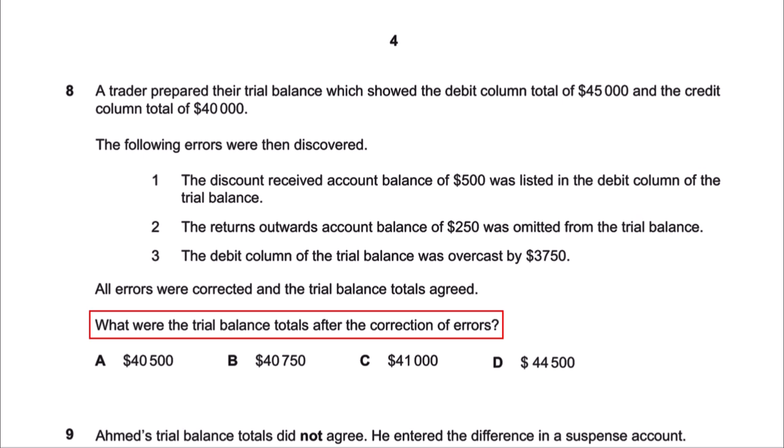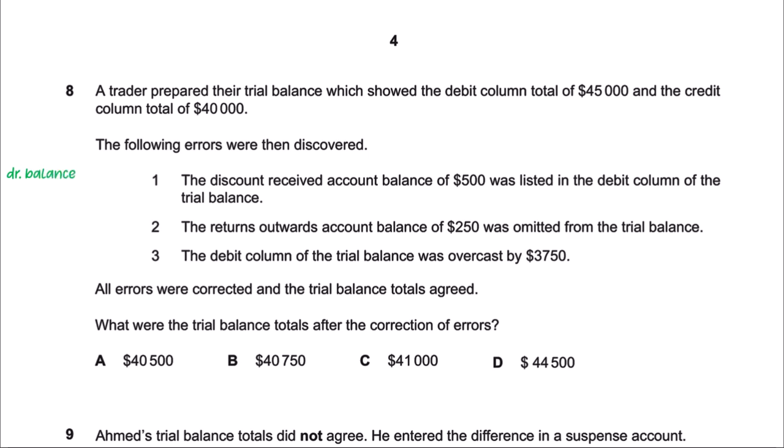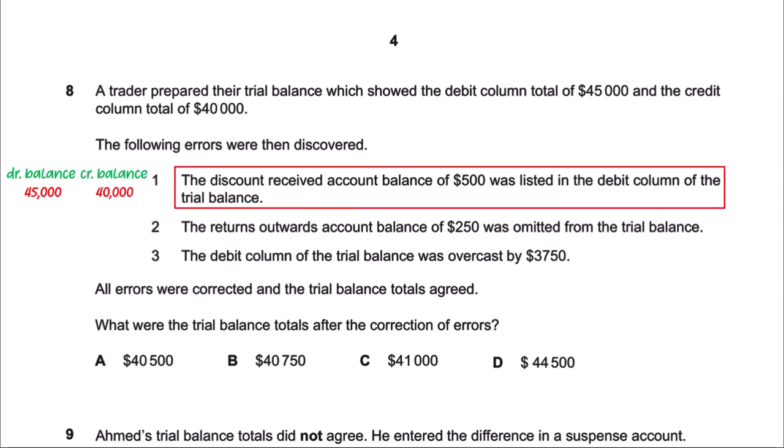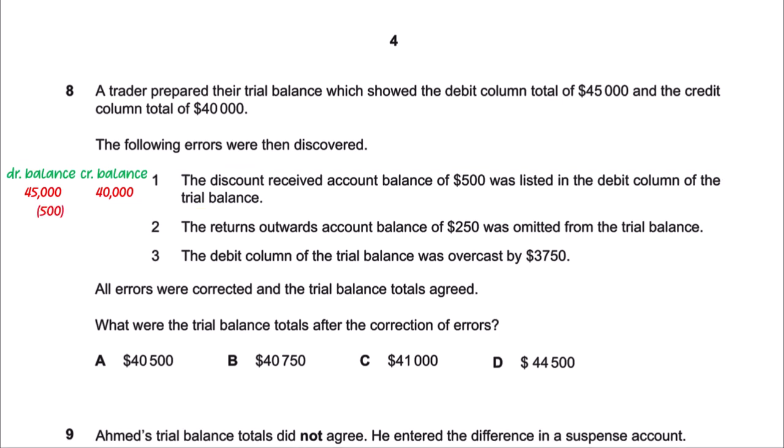To find the totals after the correction of errors, we'll note down both of these debit and credit totals here. Error number 1 is written, the discount received account balance of $500 was listed in the debit column of the trial balance. Discount received is an income account, so it should have been on the credit side of the trial balance, but it was entered on the debit side. To rectify this, we will subtract it from the debit total of the trial balance and add it to the